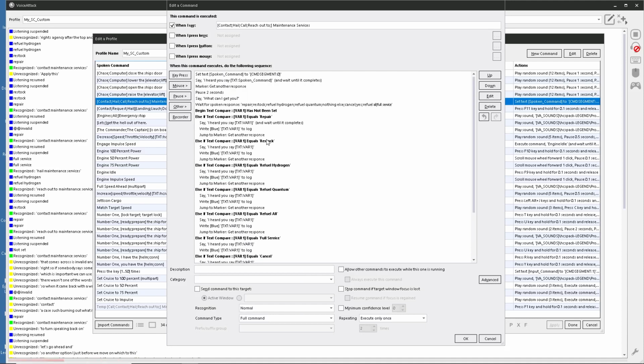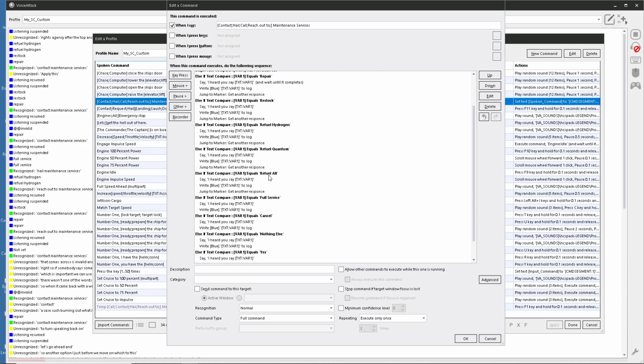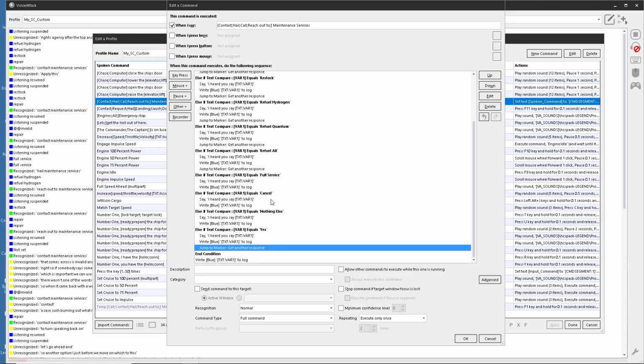If I say one thing, repair or restock or refuel, right, or refuel all, I'm not selecting everything. But if I select everything, there'd be no reason for me to ask for anything else. If I say cancel, there's no reason for me to ask for anything else. If I say nothing else, that means I'm done. Why would I ask for anything else? But if I say yes,